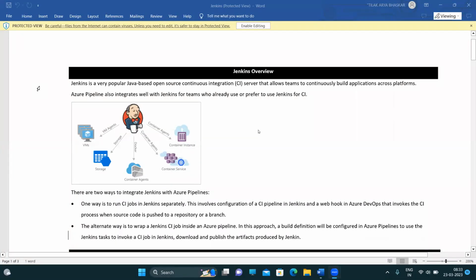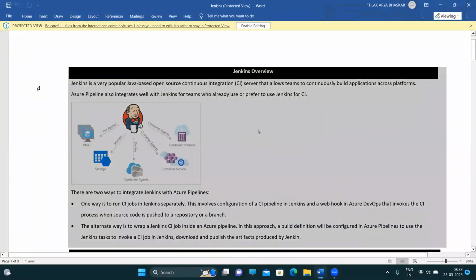So we'll talk about Jenkins today. So as in Azure DevOps as like a full package, right? So but if you see that